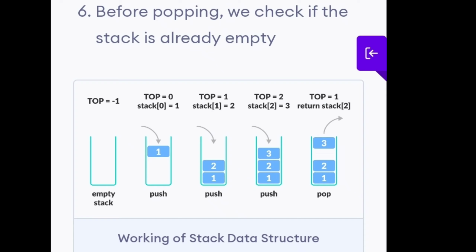Look at the figure. The first one is an empty stack. That means its top pointer is set as -1, and then top is equal to 0. That means we are pushing an element. Then in the next case, when we are pushing another element, the value of top becomes 1. Then in the next step, top is equal to 2. That means we are adding or pushing another element. Then in the last figure, we are popping out an element from the stack. When we pop out, the value of top decreases by 1. That is, now the value of top is equal to 1, decreasing from 2.